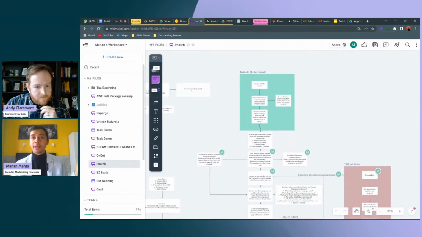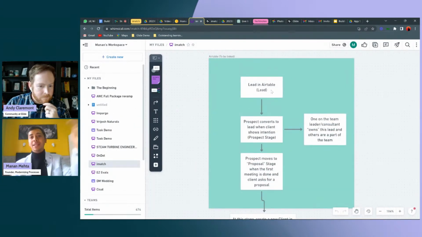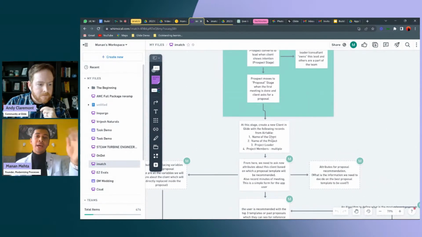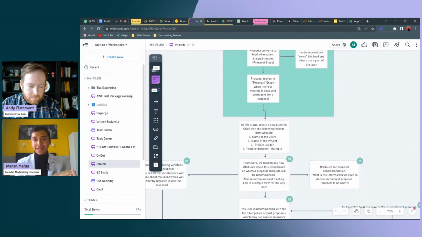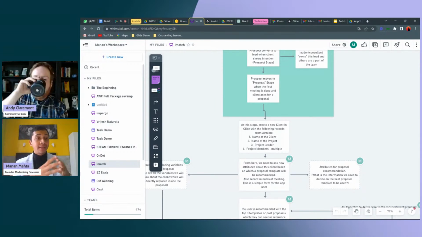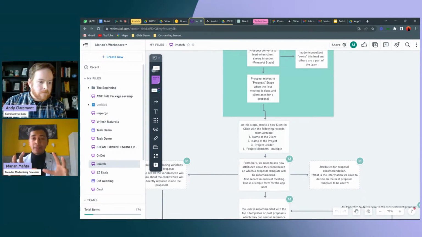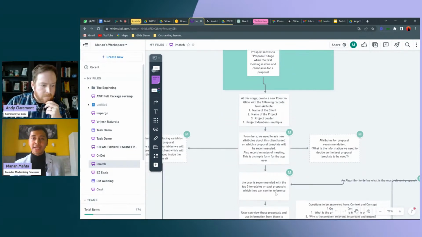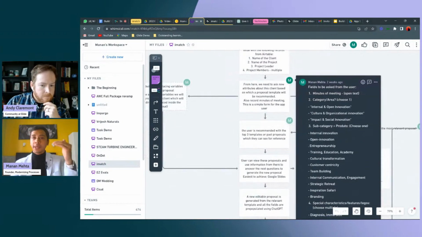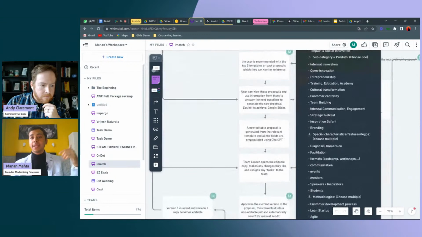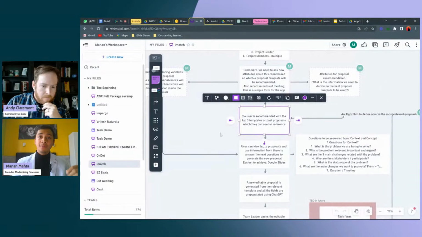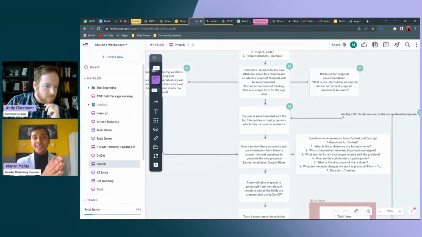What we did is we put together a process: how does a lead come in, what happens next, what questions do you ask, etc. But just on a high level, I'll explain. A client comes in, the consultant adds information about the client. We then decided the right questions to ask the client in order to have all the information to generate the proposal. We put together minutes of meeting, what is the category, what is the characteristic, etc.